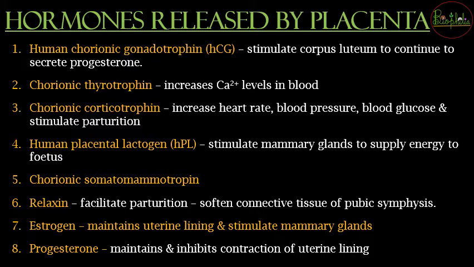So the first one is going to be called human chorionic gonadotropin, that is HCG. This HCG hormone is going to stimulate the corpus luteum to continue to secrete progesterone. So if you remember, as I told you during the previous videos on this channel, where we had understood how the actual pregnancy is going to be considered. So during that time, if HCG is released, then the corpus luteum life is going to increase. As we have discussed before, it is around 7 to 10 days. So after 7 to 10 days it degenerates in normal conditions when the pregnancy is not found.